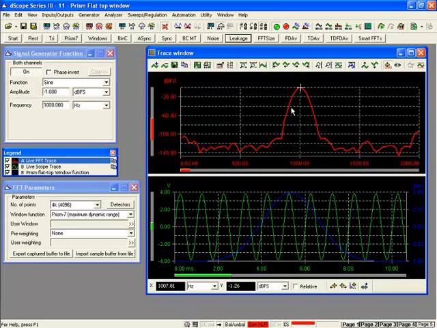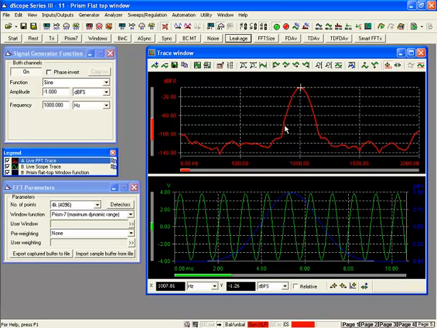We have to allow and account for this extra energy that has been lost or leaked into adjacent bins. And there are a couple of ways of doing that. The numerical processing tools in the Dscope system that we'll see a little later do that automatically for you. So if you ask for noise at 1 kHz, it will allow for this spectral leakage and include that in